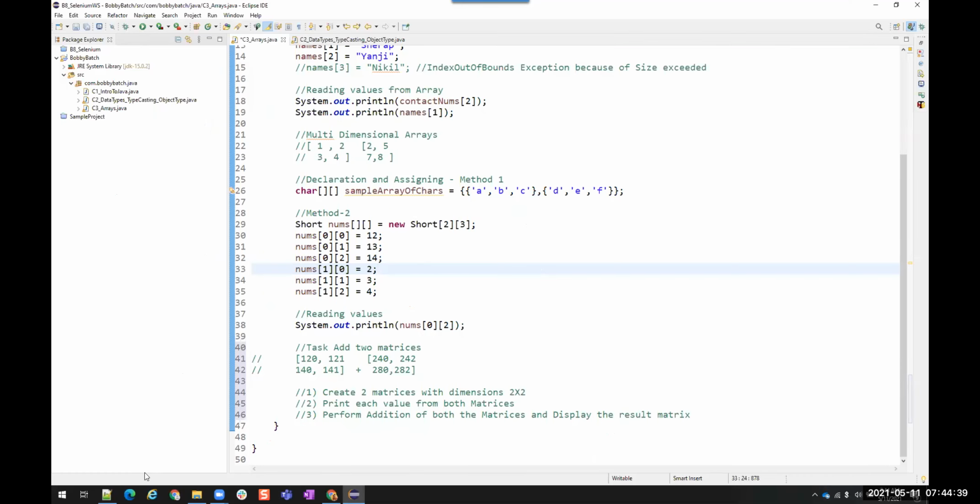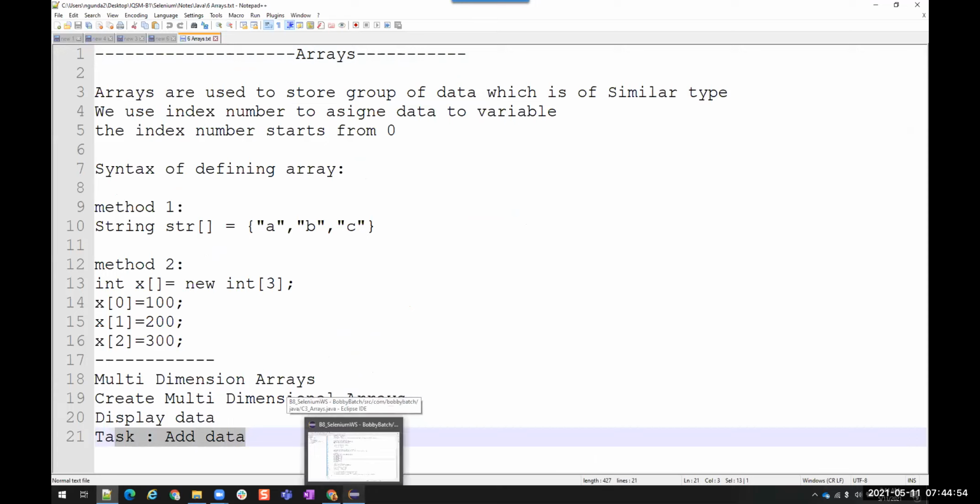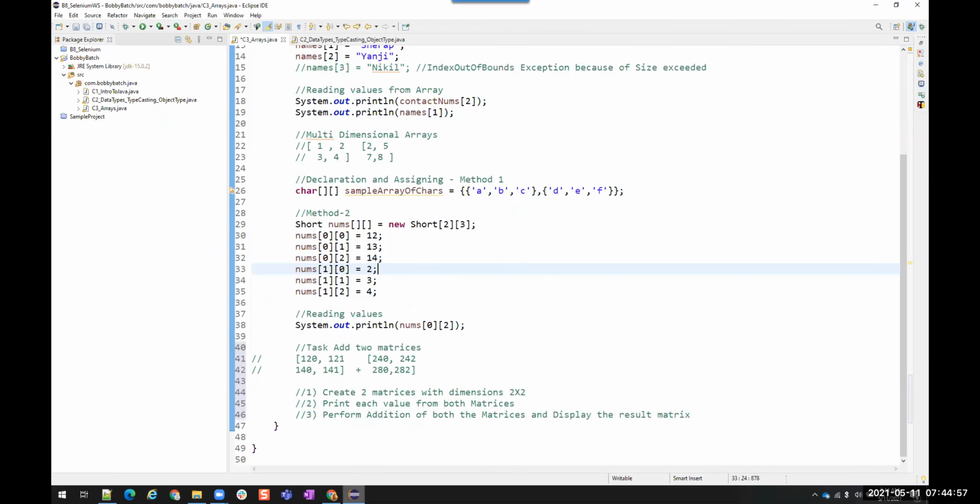Alright, so this is all about arrays. Let's move to our next topic. Multi-dimensions, displaying data and then adding data. So why am I stopping with adding data is since we haven't completed our looping statements. I can also give you multiplication of matrices, but multiplication of matrices deals with something different logic, right? You have to multiply these rows with the columns. So to make it easy for us to understand the multiplication, we need looping statements, but we haven't completed it yet. So I'm not giving such kind of task. We are going the same position with the same position. Okay.